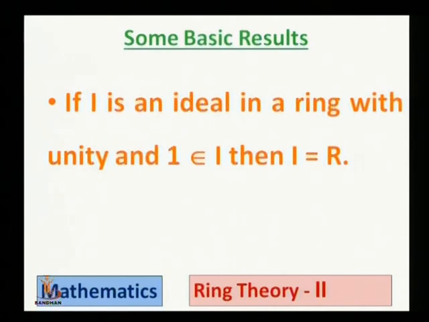A similar thing happens over here also. I is an ideal in a ring, and if 1 is a member of I, then I is not a proper subset of R. I is as good as